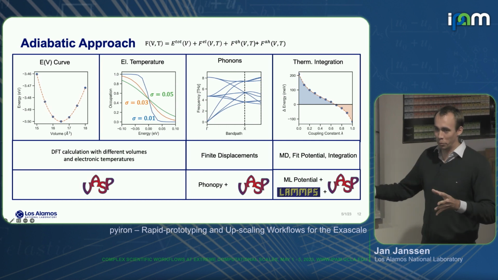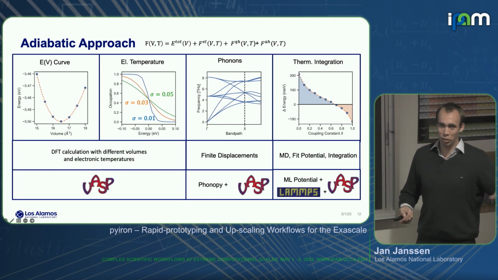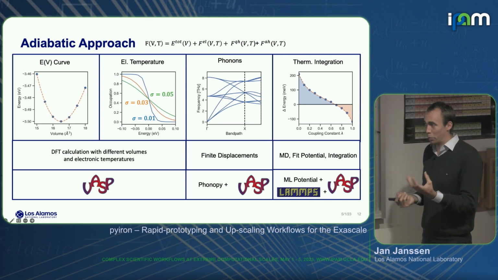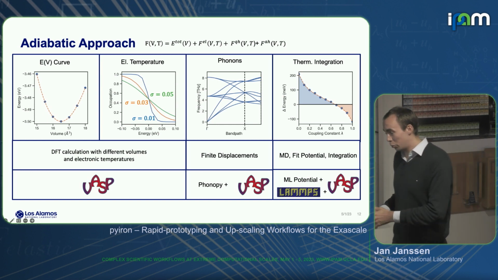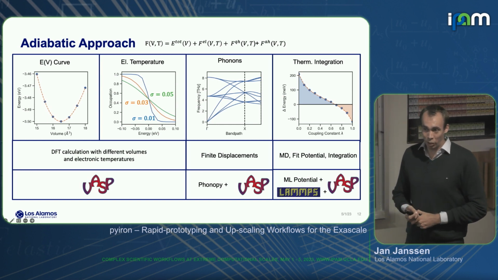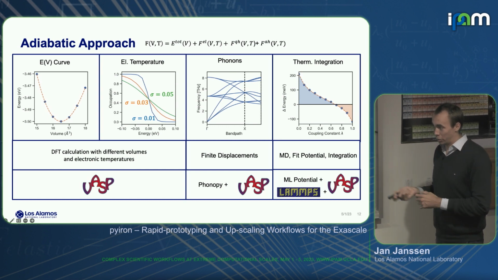So it's always nice to see the abstract methods. But as a PhD student, I won't implement them all again. I will use existing codes and I have the challenge of combining them. And that's where we have, again, this challenge: different interfaces, different input-output formats, different units, different names for the same variable. All this we have to figure out to be able to couple these codes and really make a continuous workflow.